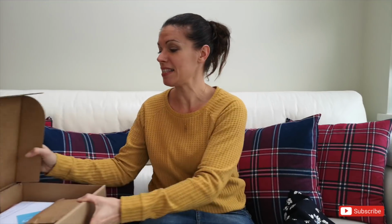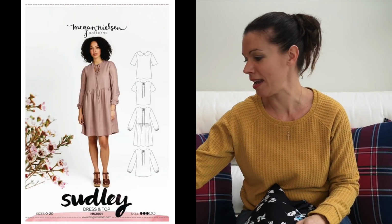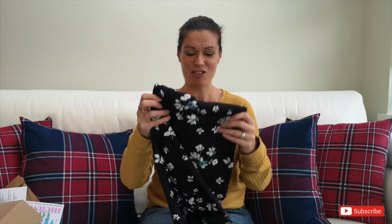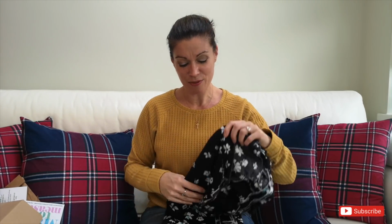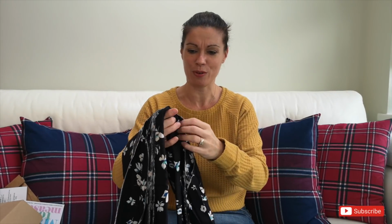But this one is the Sudley dress. The name of the pattern company is completely and utterly gone out of my mind. That's really bad, isn't it? Let me see if I can just quickly see it. Megan Nielsen. Sorry. So it's the Megan Nielsen Sudley dress, and the fabric that I've got is this absolutely beautiful